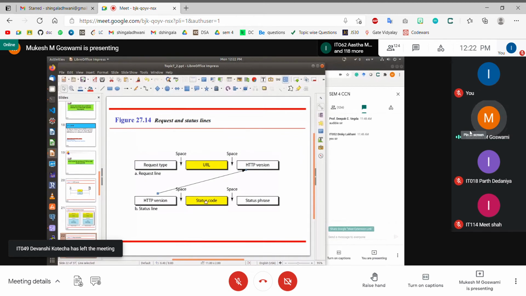And then the status code indicates whether the request was successful or not, whether the document that you are looking for exists on the server or does not exist, or maybe something else, right? Or the information that you provided is incorrect. There are so many different status codes. This status code is written here, and then the status code is also associated with the status phrase. For example, HTTP status code 200 corresponds to OK.